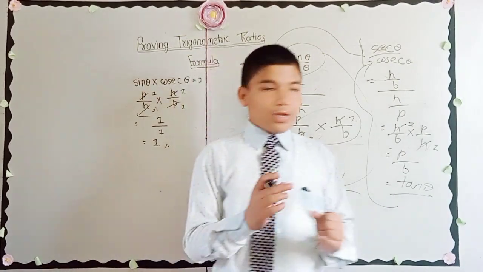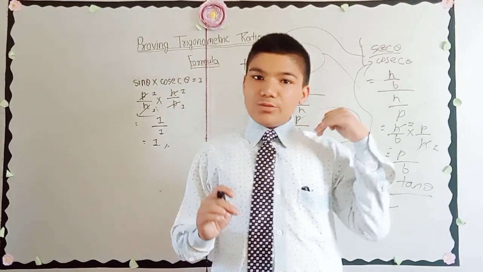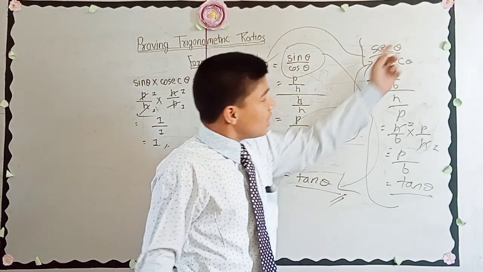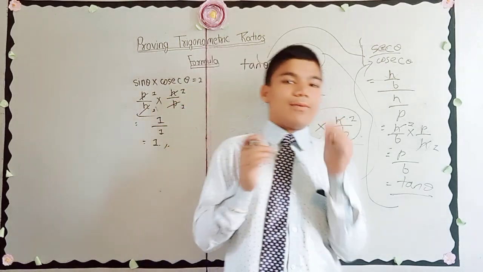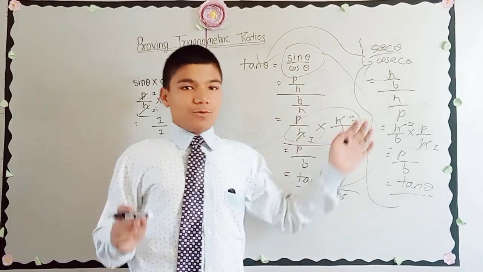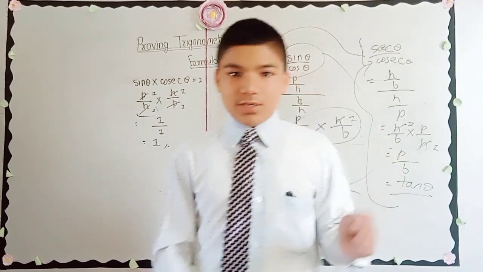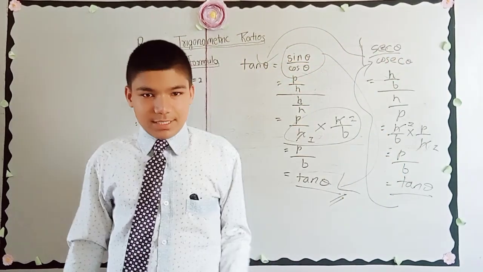So here this tan theta is equal to sin by cos theta. It is a formula, but tan theta equal to sec theta by cosec theta is a form. Formula and form are different. Okay. Now in this way you have to prove by yourself that cot theta is equal to cos by sin theta and cosec by sec theta.